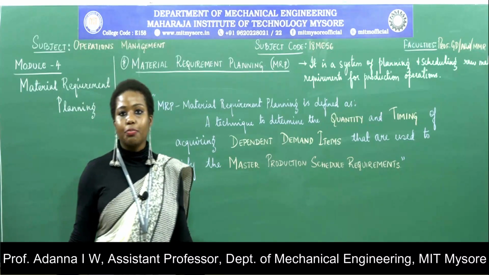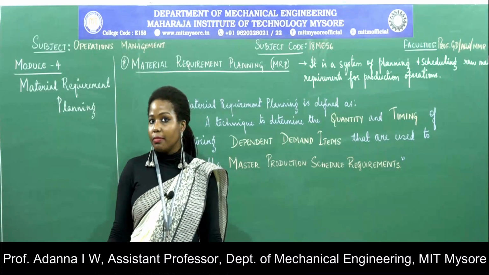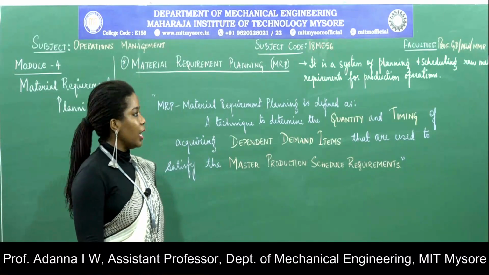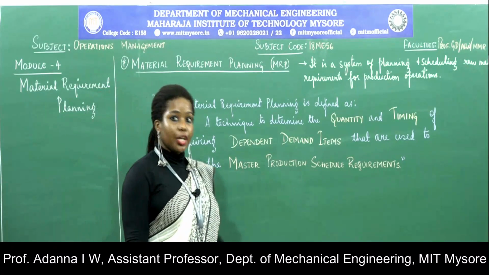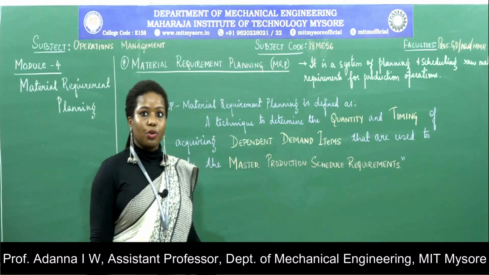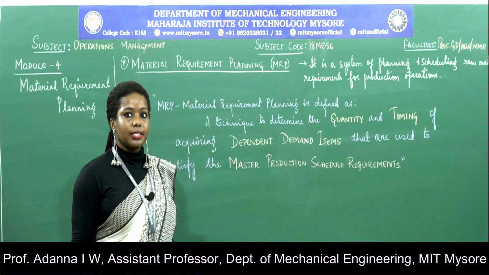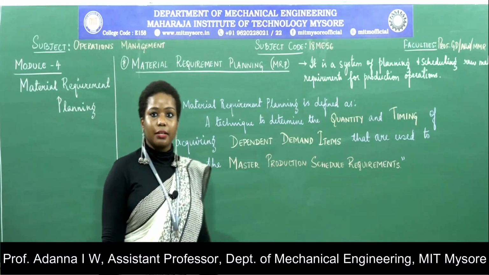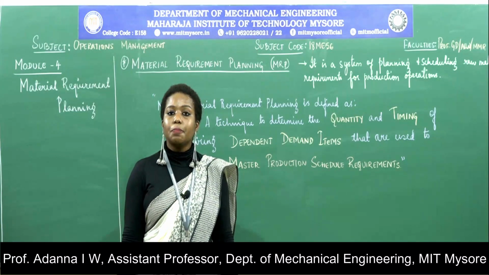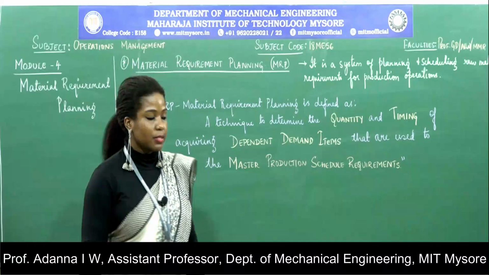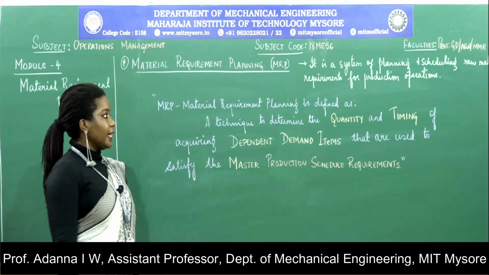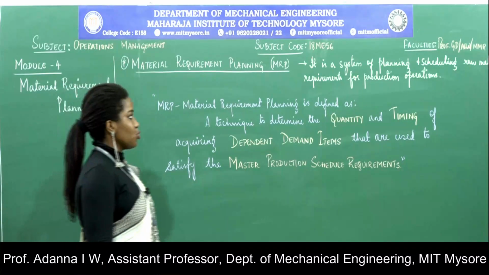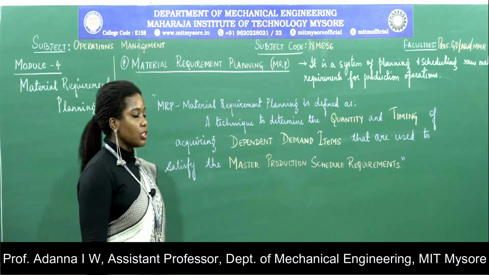This could be any kind of production operation. So for whatever be the production operation, when we are trying to figure out and schedule how to produce or procure these raw materials just in time for the production, then we use a system called a material requirement planning system. The specific definition of an MRP system is a technique that is used to determine